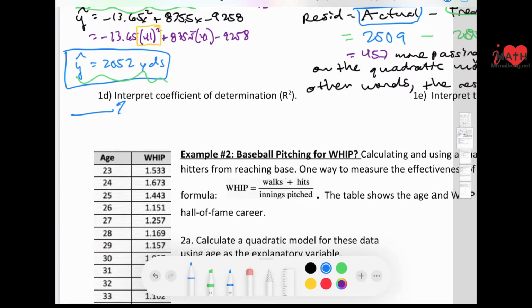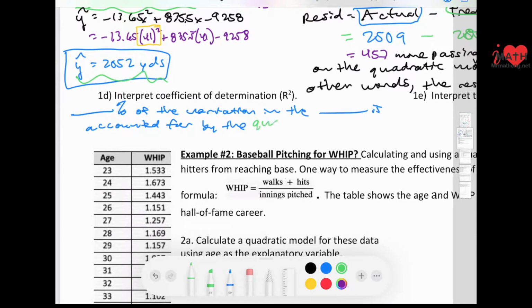The blank percent of the variation in the blank is accounted for by the, I'm going to write here, quadratic model, because we're not using a least squares regression line anymore,